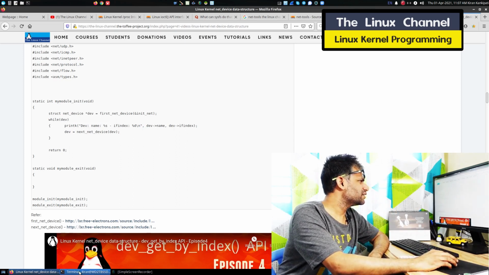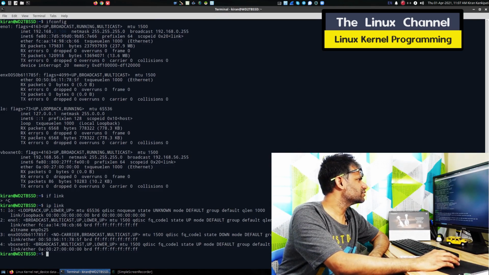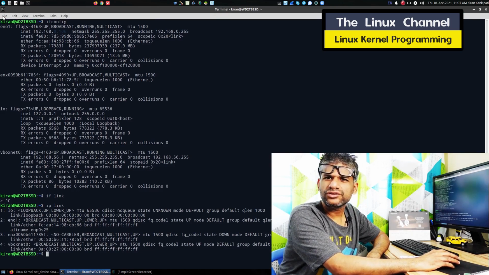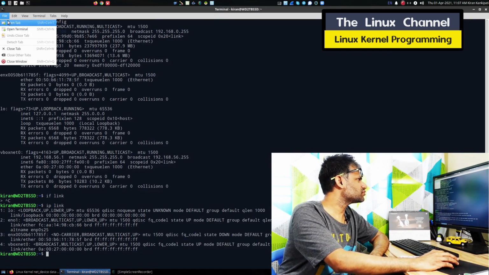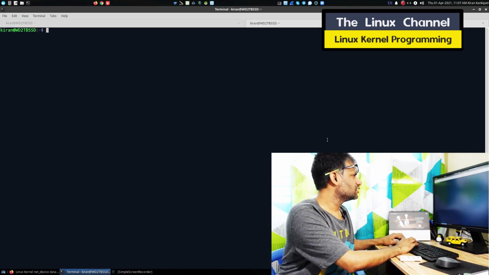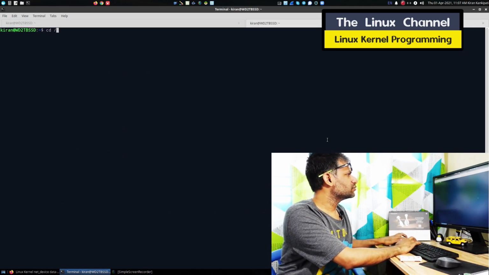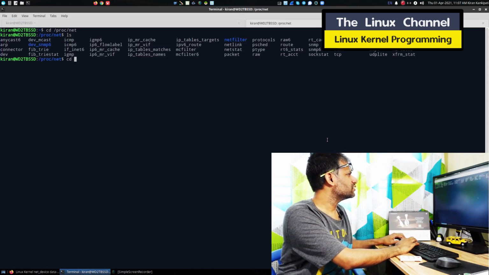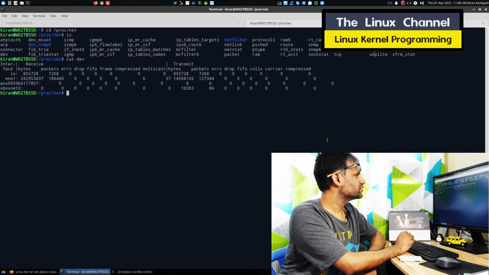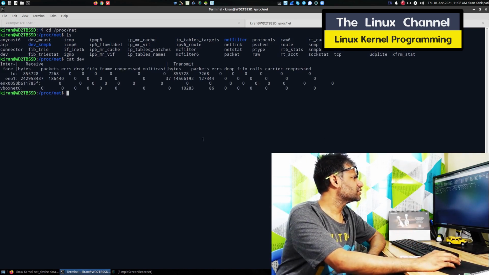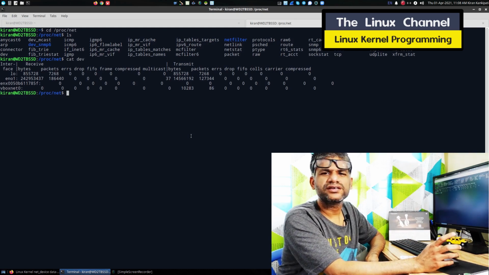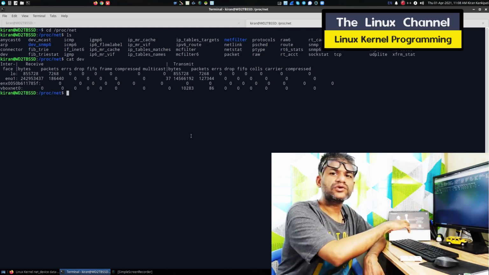Anyway, if you look at the statistics, what I can show you this time is, if you go to cd /proc/net and cat this dev file, the stats are exposed by the kernel through the proc interface.